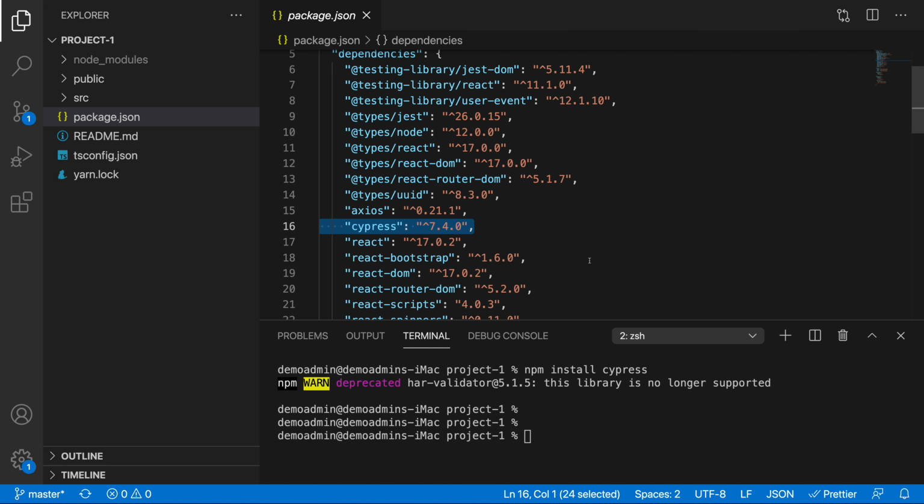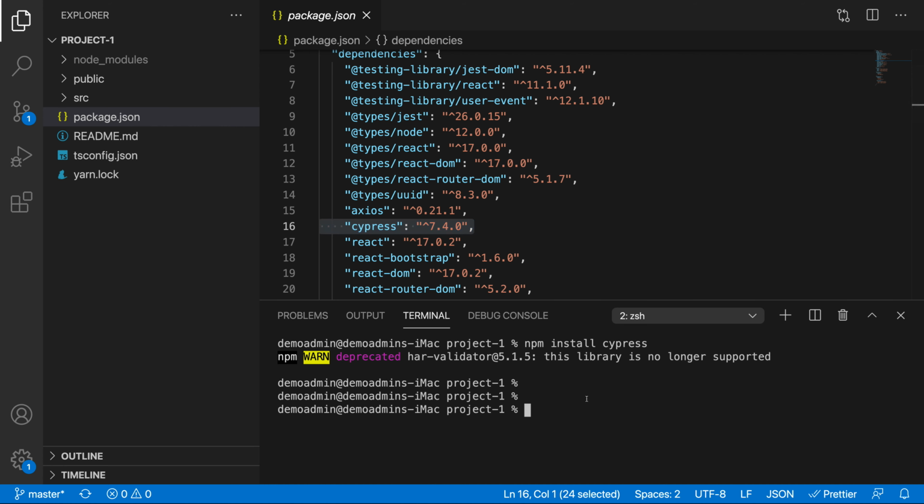I'm just skipping it just for time's sake. Now, let's actually open up a Cypress instance. And when I open up a Cypress instance, what I want you to do is just keep watch. Look at all of the directories over here. So we have our node modules, we have public, we have source, and then we have a bunch of different